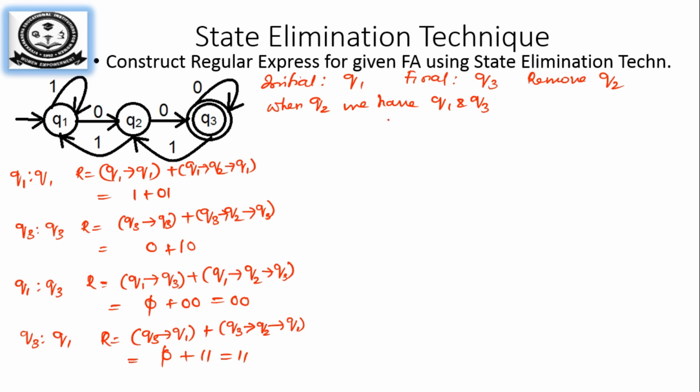So now we are going to remove this diagram. So let us have the diagram removed. It is going to be Q1 with 0 0 transition to Q3 because Q3 is your final. Then from Q3 to Q1 I have 1 1 as my transition, and I have a self transition for Q3 that is 0 plus 1 0. Similarly I have a self transition for Q1 that is 1 plus 0 1. So this is your initial state.